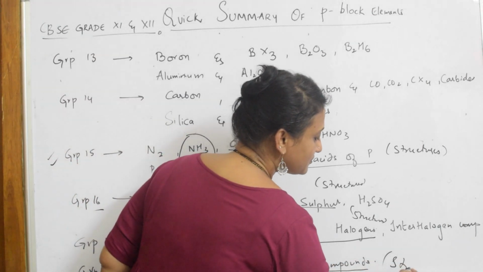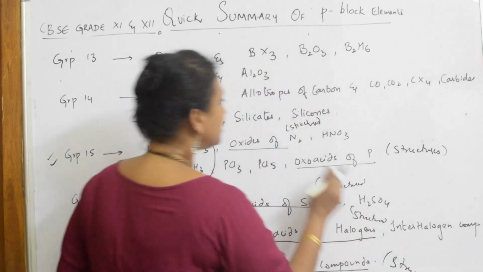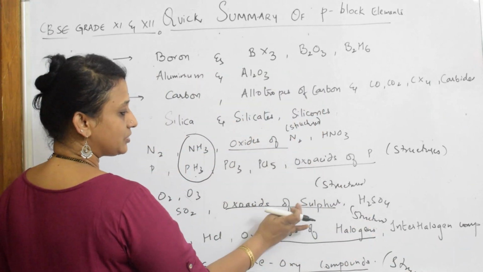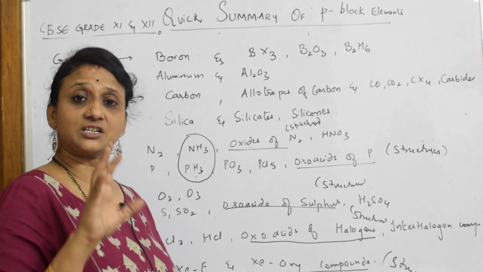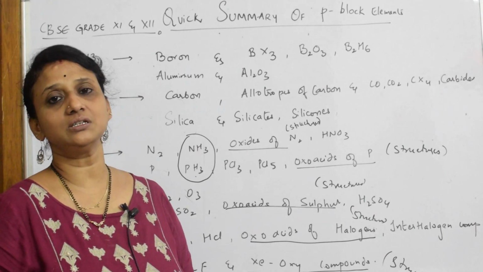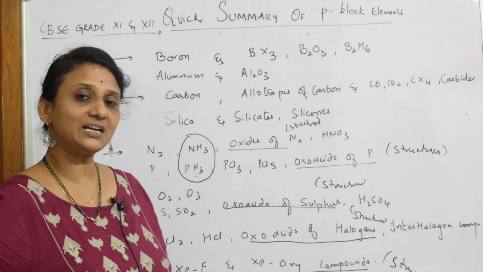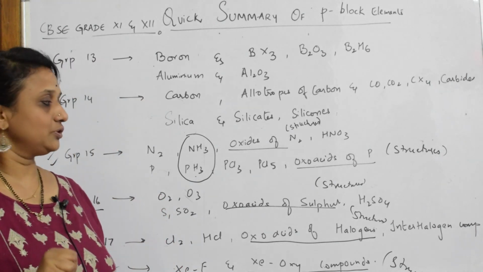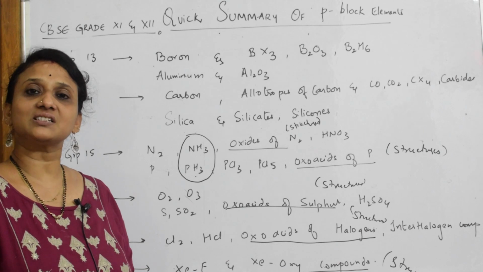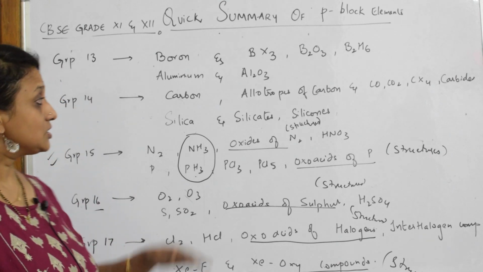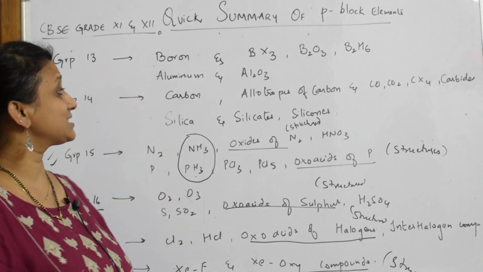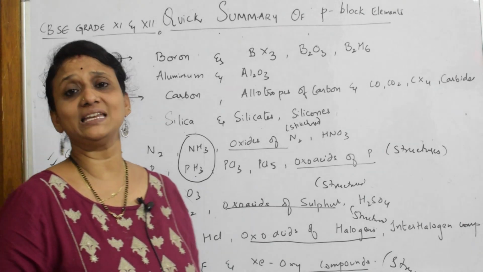So there are 5 or 4. Okay, let us see. There are 1, 2, 3, 4, 5. 5 structures means 5 sets of structures you need to learn. So in one video, as I told you, all the structures are done. I'll also be doing it again, a little bit easier for you all. So these 5 sets of structures will also be one of the videos. So this is the complete P block, starting from group 13 to group 18.